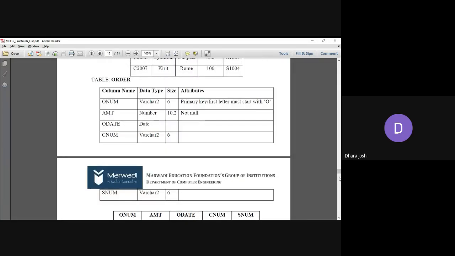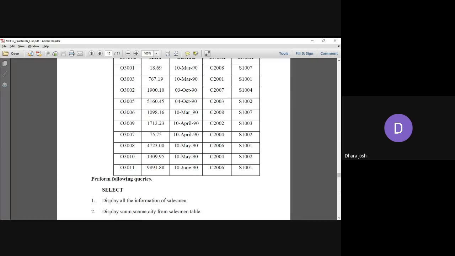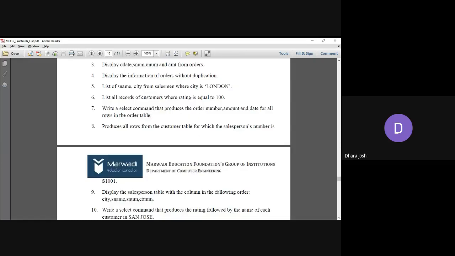So which customer has taken the order from which salesman? And then we have an order table: order number, amount, order date, customer number, and salesman number. So it again has 5 columns. These are the records. And once we are done with these 3 tables' record insertion with the data, then we have these queries.